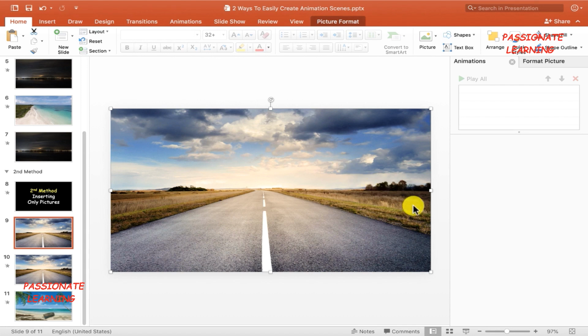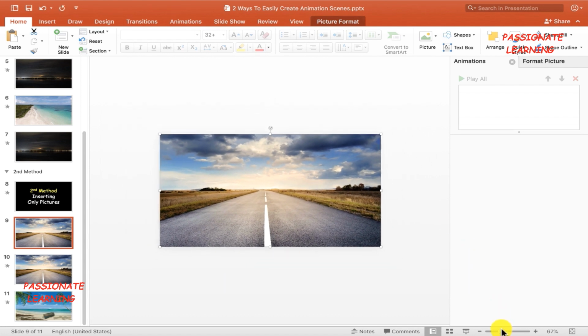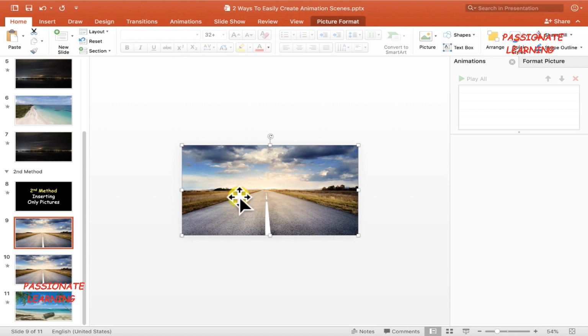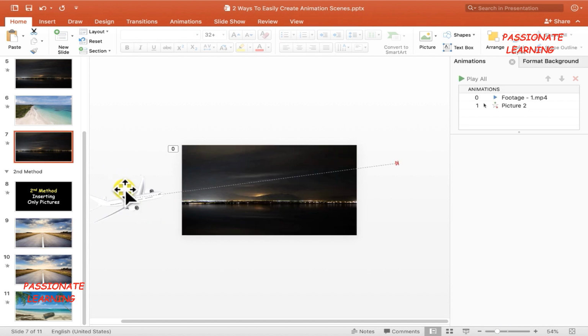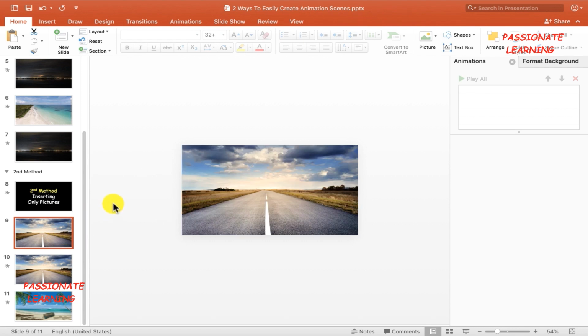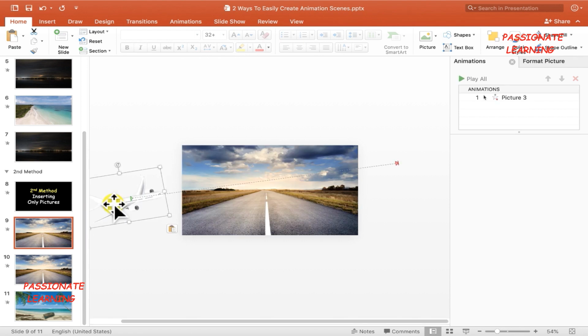Now, for better understanding, let me just reduce the size of the slide. And then, in order to save time, let me go back to the previous slide and select the picture of this aeroplane by doing Ctrl C, and then come back to the slide and do Ctrl V like this.